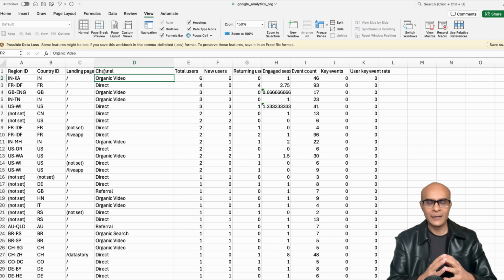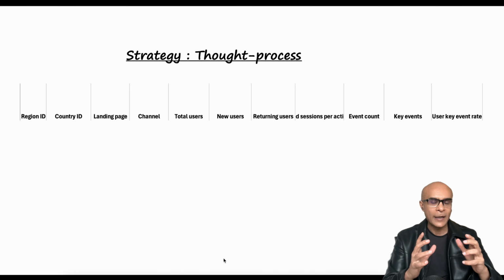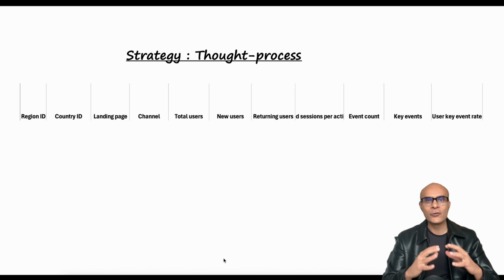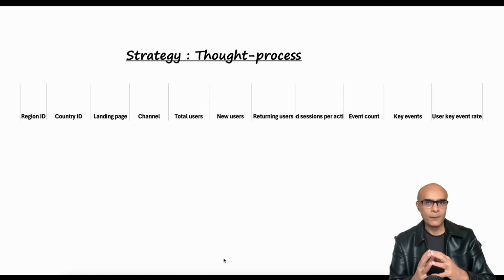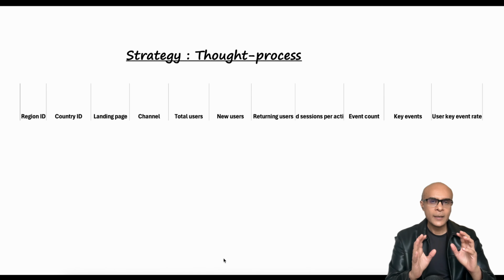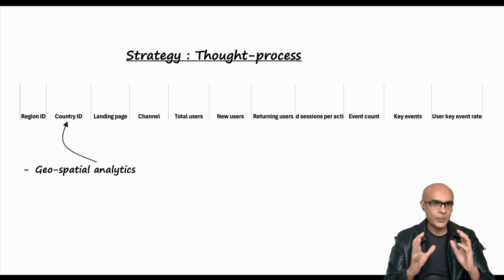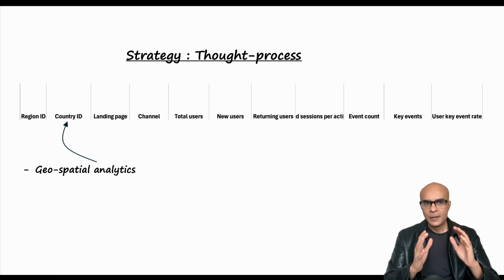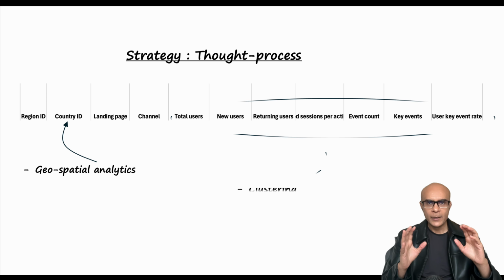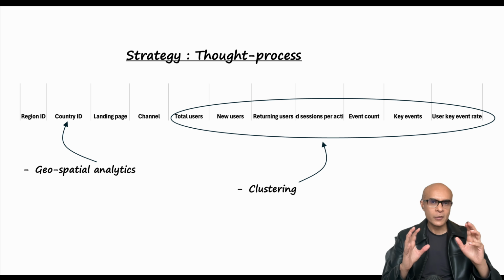and start getting insights. But before we do that, let us first of all make a strategy on how we are going to convert data into powerful insights. So in this data, we have a column called country ID. So country ID can be very useful to make some geospatial analysis. We also have a lot of numerical columns such as total users, new users, returning users, as well as some